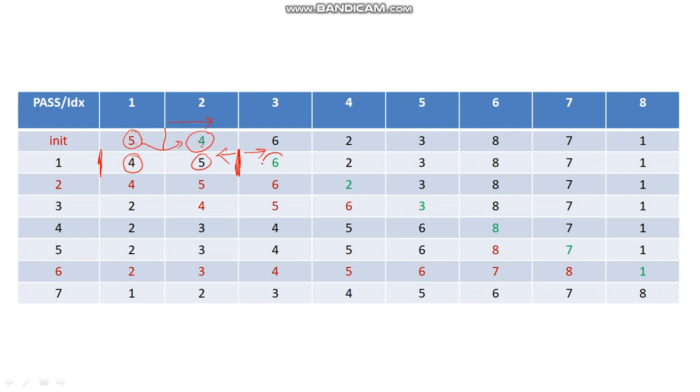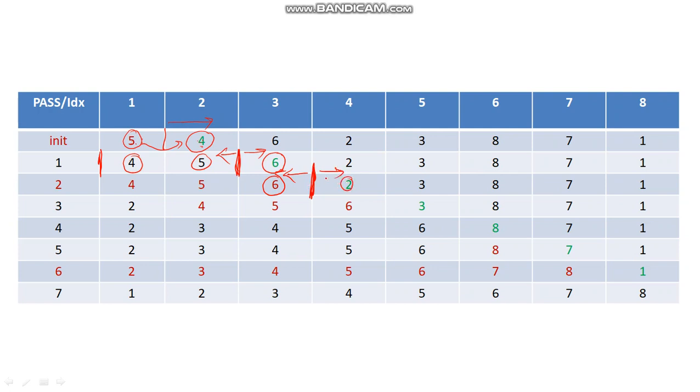The left hand side is the sorted part, the right hand side is the unsorted part. It will take the next key element and try to put it into the sorted part, at the appropriate position. While doing so, it finds that this particular 6 should be placed at the last position only. So now this becomes the boundary of the sorted and unsorted array. Now the next element is 2.